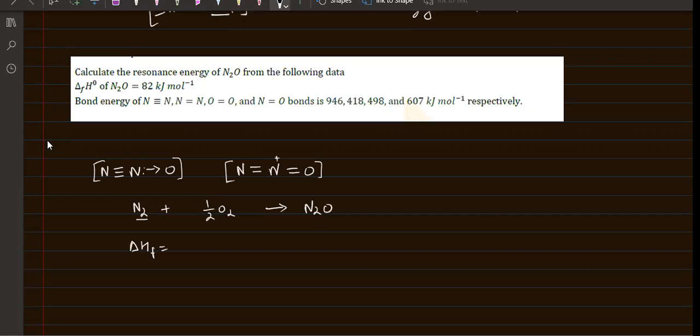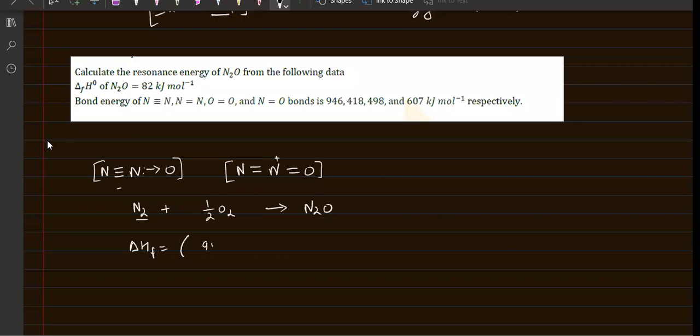So what is this delta HF of N2O? We have one triple bond here and one double bond here, right? Because N single bond O is not given, we'll just take N double bond O. Okay, everyone? So we will have one triple bond, which is